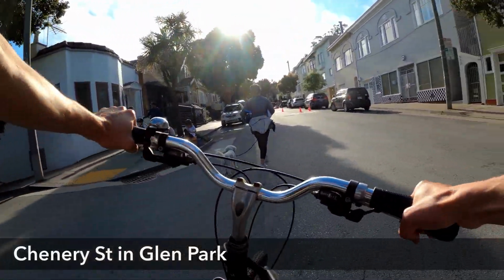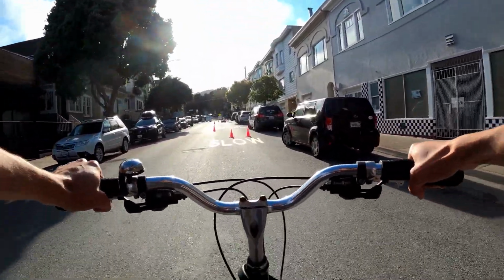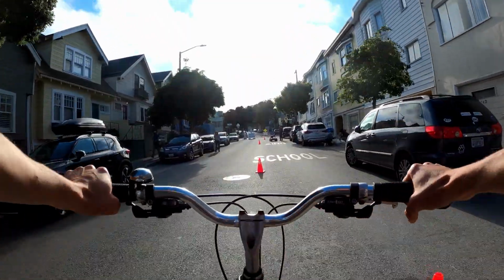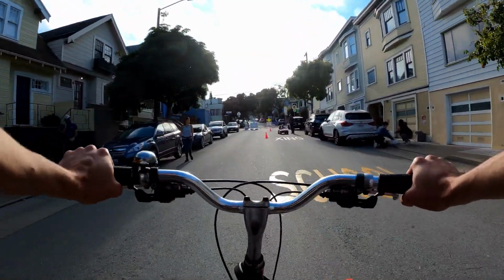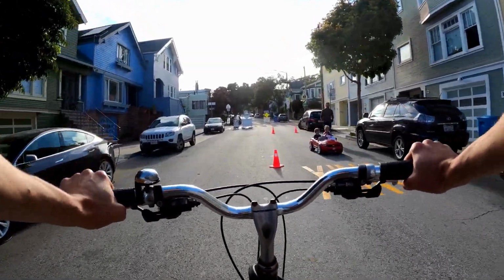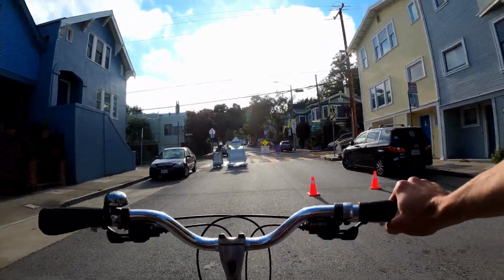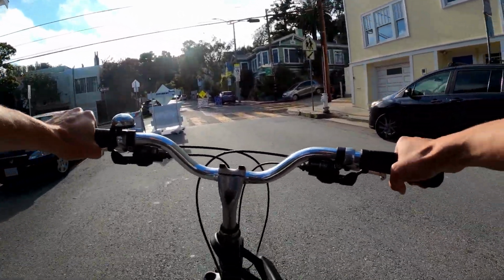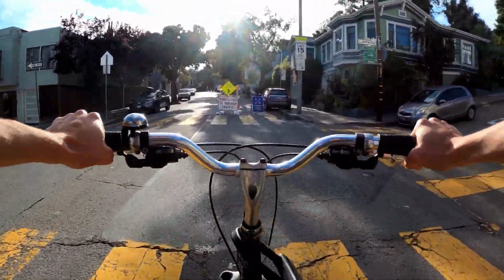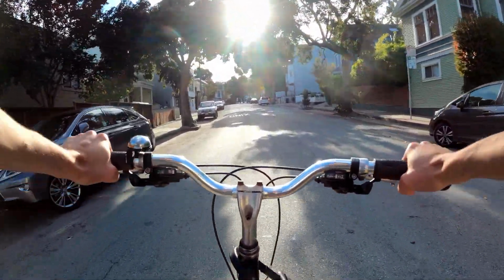So for those of you who don't know, Slow Streets is San Francisco's response to the COVID-19 pandemic and trying to create more space for people to recreate outside safely with 6 feet of social distancing. So they've taken some low traffic residential streets and turned them into places where through traffic is not a goal of these streets. They put up these signs saying road closed and people can walk and bike in the